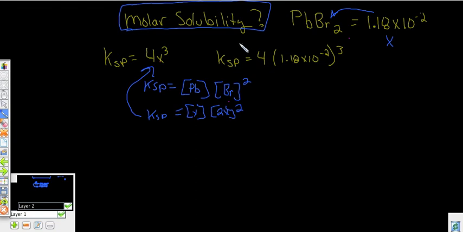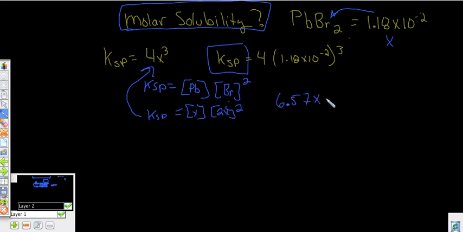So we can actually solve for the KSP here if we want to, because we know the value of x, and that's our only unknown. It's one of 2 unknowns, and so now we only have 1 unknown left. And so we throw that in there, and that is going to be taken to the 3rd power and then multiplied by 4. If you take that to the 3rd power and then multiply by 4, let's run that through the calculator real quick, you should get